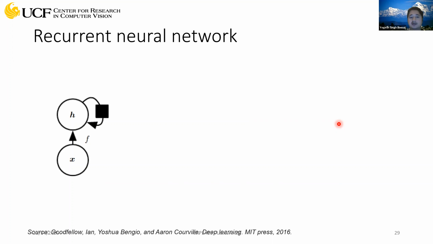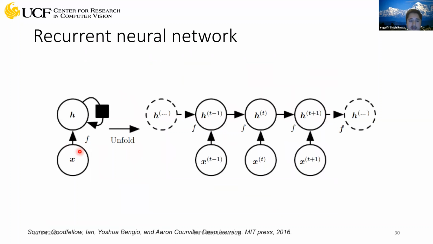So let's talk about a vanilla recurrent neural network, how it works. Essentially what you have is an input which will have a sequence, and then you have a network, and that network you will use again and again. So for each time step, you're going to use the same network. It will do some processing. We will come to what kind of processing it can do. But the conceptual idea is it will take input in the form of a sequence and keep processing it one step at a time. So that's the whole recurrent neural network.